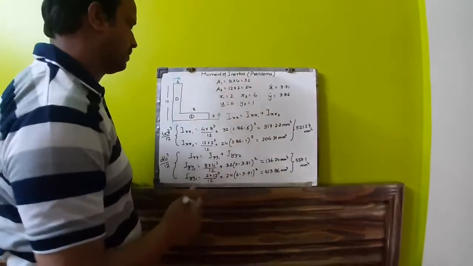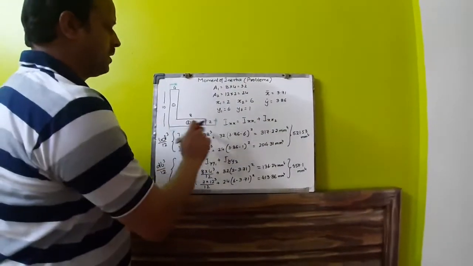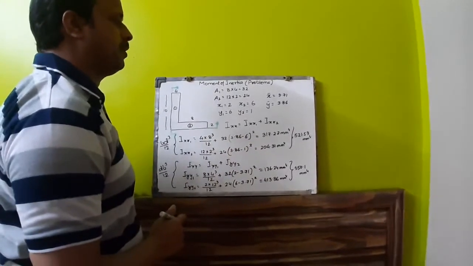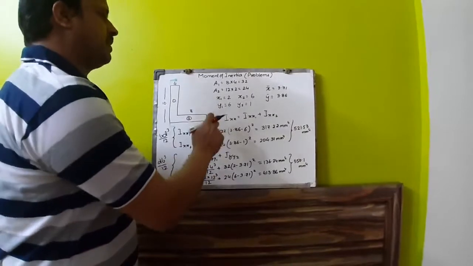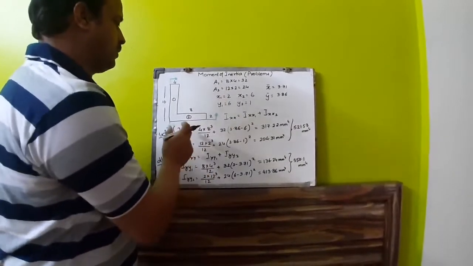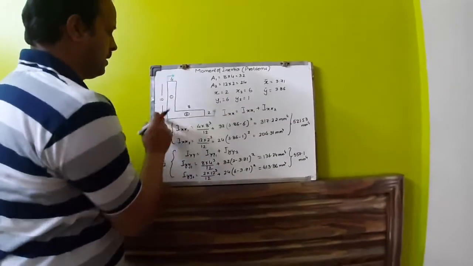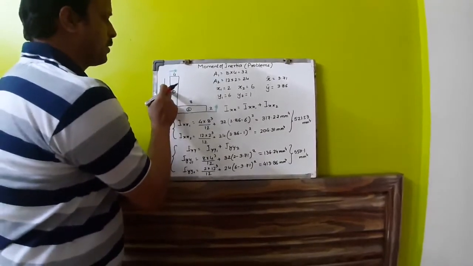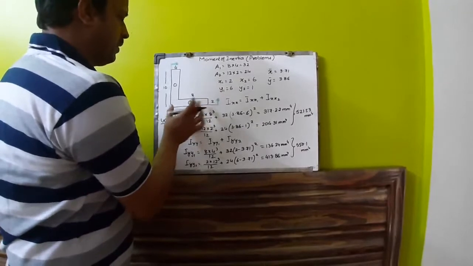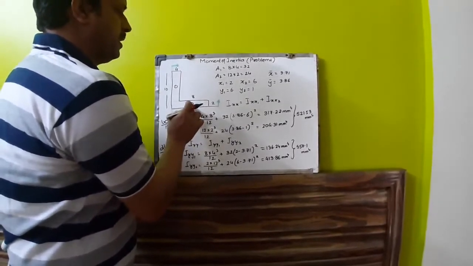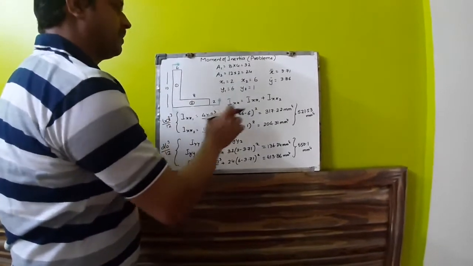This is A2. Now these green denotations represent the reference about which the centroid has been found out. So we have taken these references and found that x1, if you see x1, this is 4, this is your reference frame. So x1 is 2, half of this. x2 is 6 because this is 12. From this reference frame it will be half of 12, this is 6.